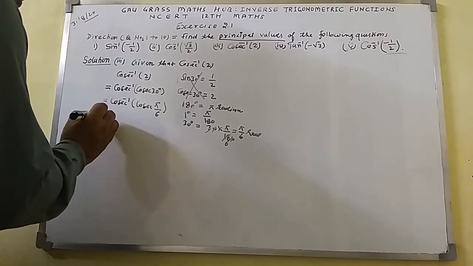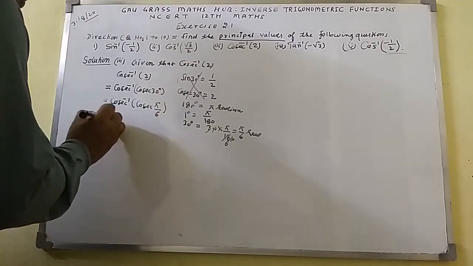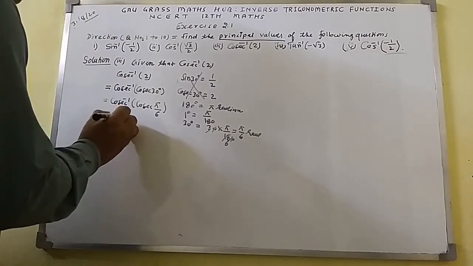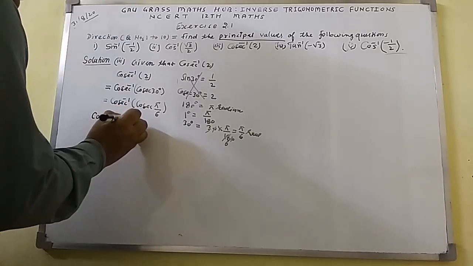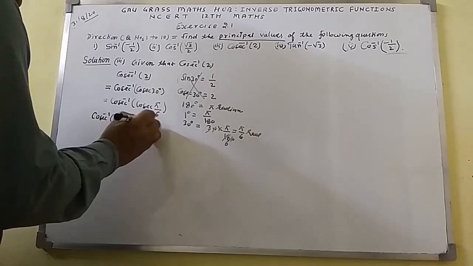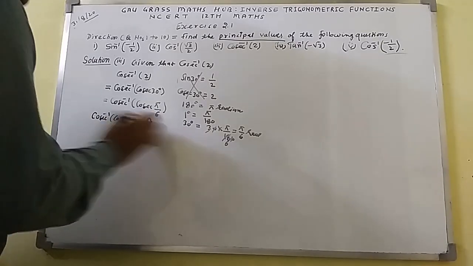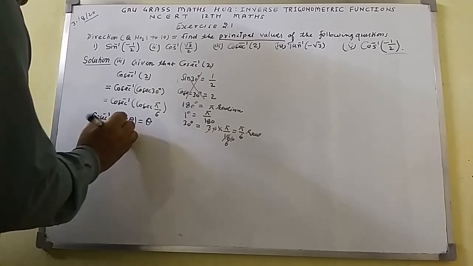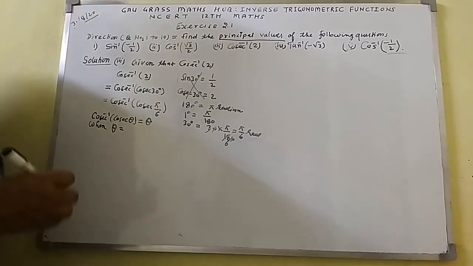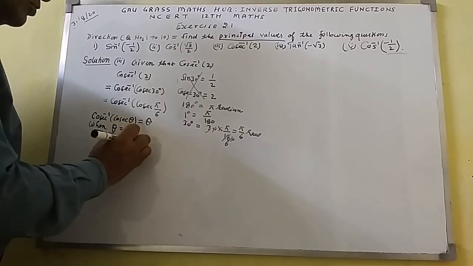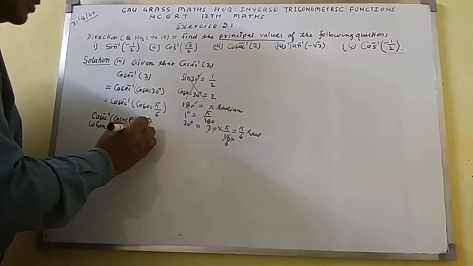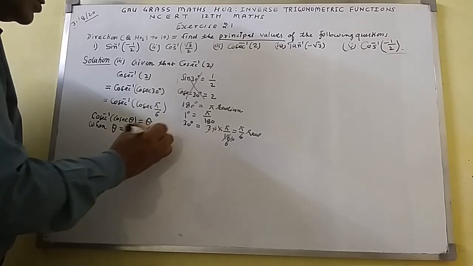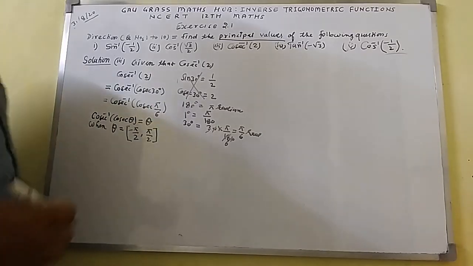Here you can see cosec inverse in bracket cosec theta equal to theta, when theta belongs to closed interval minus pi by 2, pi by 2 closed interval;